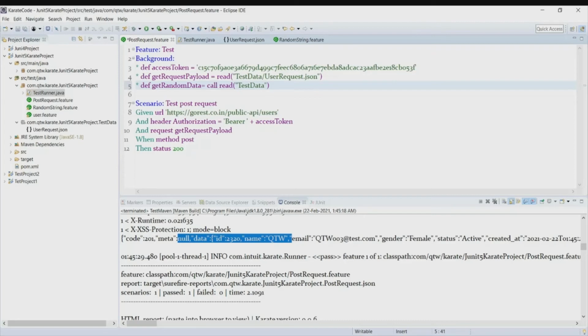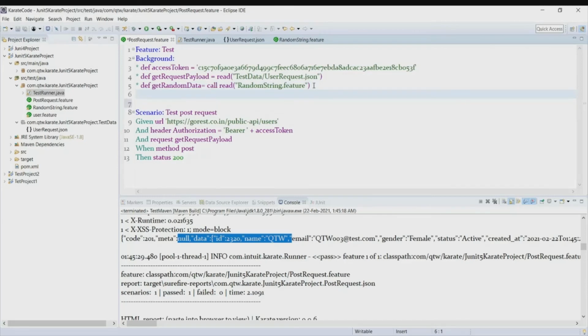It's not in another package, it's in the same one, so we'll just give the file name random string dot feature. Now we need to append to this email ID. So let us do that. Email.